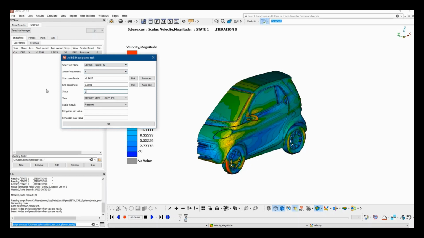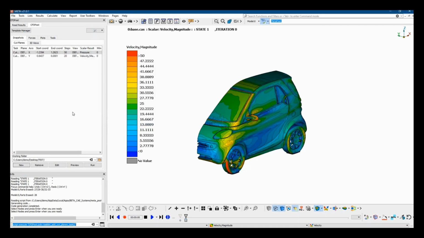Let's create 20 snapshots in the Y axis, and let's see the model from the side for this task. So I'm going to select the side view, the F3 view. Let's select velocity magnitude and minimum and maximum values, 0 to 50.